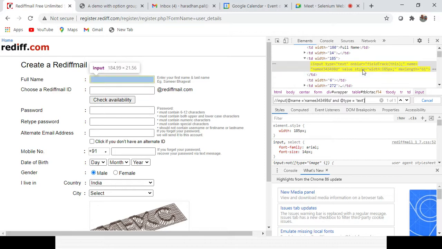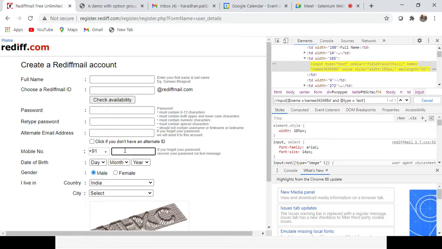If suppose two element locator properties are there, and both are unique, you can use the OR option. In case any property is removed, you can still identify the element with the OR option. Suppose I want to create another XPath for the mobile number field.